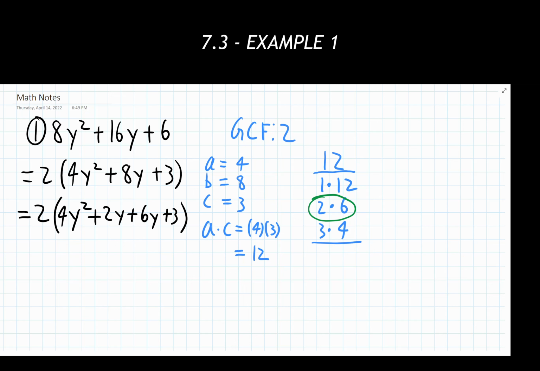So we see here our original B term is now being split apart into the values that we have here. The order in which you write these really doesn't matter, so if you wanted to write the 2 coming after or the 6 coming before, that's fine. As long as you have the numbers and their signs the same, you're good to go. So there's step 4, done.